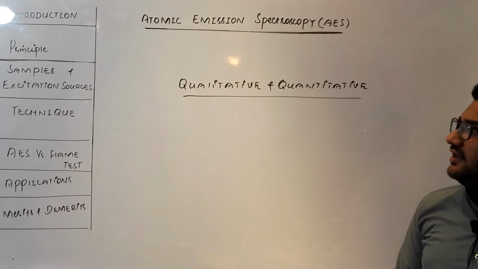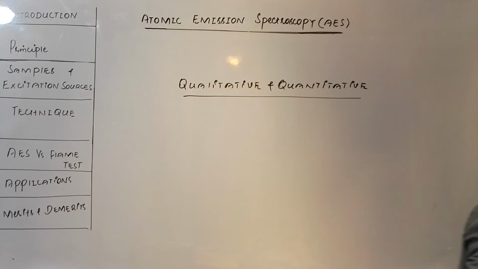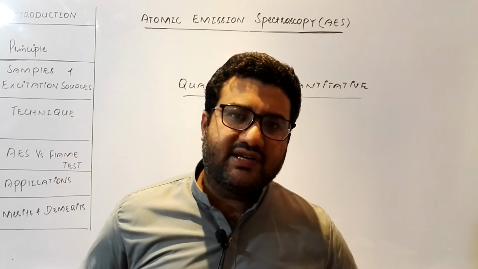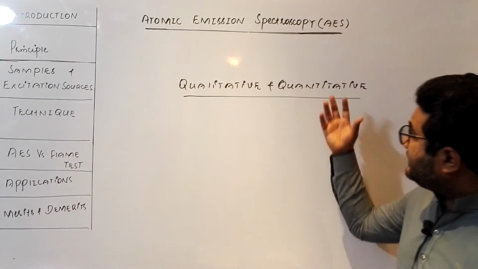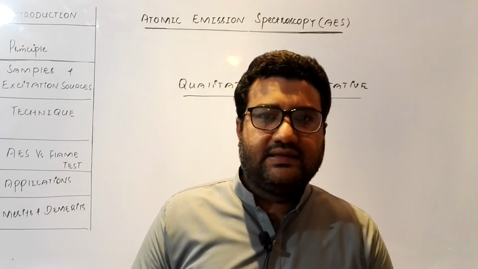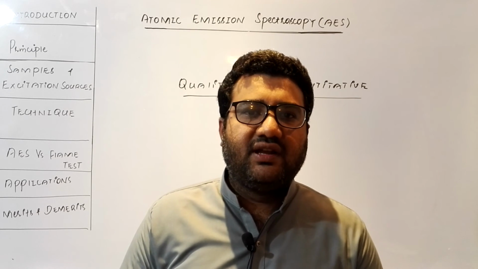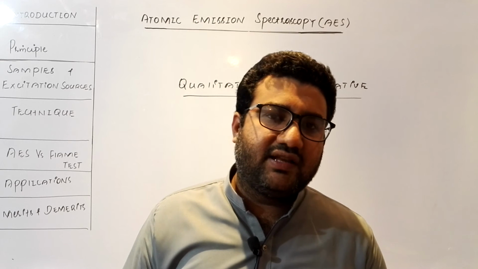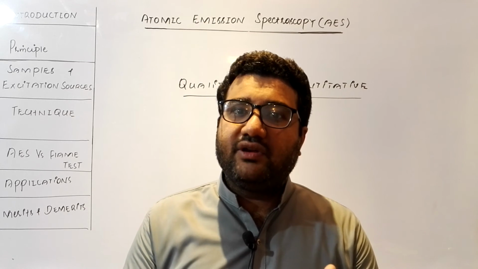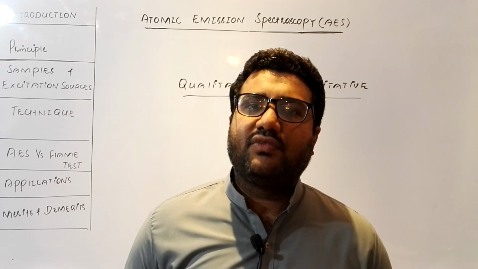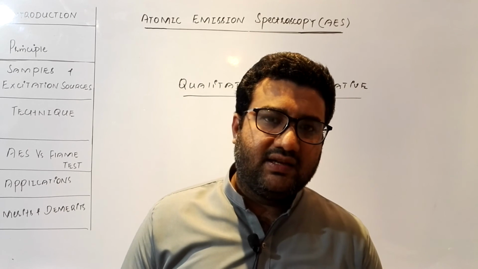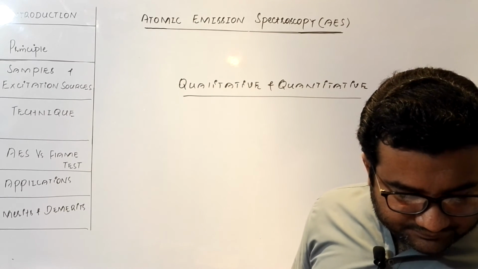When I say that it is qualitative, it means that by looking at the atomic emission spectrums and the patterns of the spectral lines, I can identify the elements, especially metals. How is it quantitative? By looking at the intensity of the photons released during the de-excitation of the electron, I can judge how many atoms of this metal there will be in the sample. So by looking at the quality of light, qualitative analysis; by looking at the intensity of light, I can judge the number of atoms of a specific metal in the given sample.